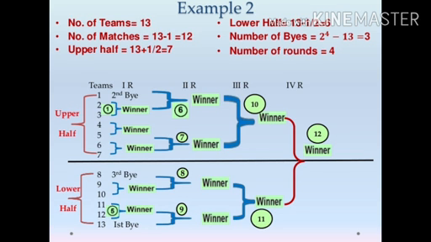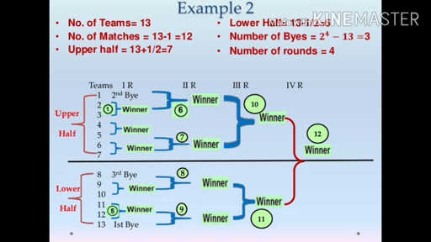Then the number of teams in the lower half. So you will write step 1, step 2, step 3 like this. Step 3 is the number of teams in the lower half: N minus 1 upon 2, 11 minus 1 upon 2, 10 divided by 2 is equal to 5. Then step 4, total number of byes, power of 2. That means if the teams are 11, 2 2s are 4, 4 2s are 8, 8 2s are 16. So 16 minus 11 is equal to 5. So the number of byes is 5.